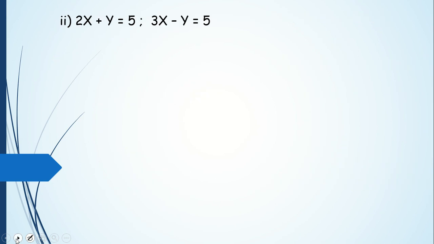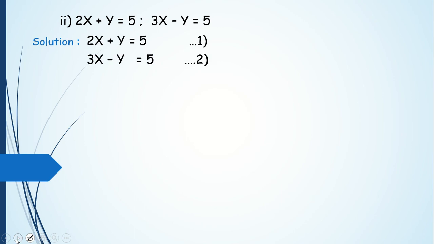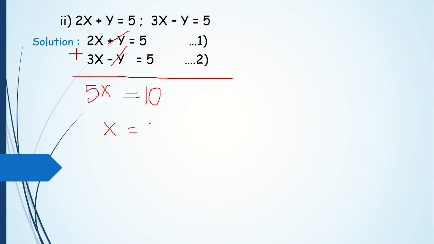Proceed to the next sum. First step, write down the equations as it is. Now here if you see, it is quite easy. Here we don't have to multiply anything, just add the two equations. You will see plus y minus y is getting eliminated already. When you add them, plus y minus y gets cancelled, 0, and 2x plus 3x is 5x is equal to 5 plus 5 is 10. Now 5 is multiplied with x, 5 will go that side, will become division. So therefore x is equal to 10 upon 5. Therefore x is equal to 2.